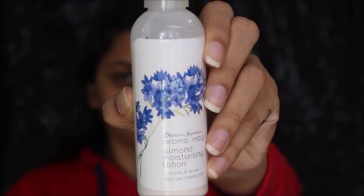Now I'll be using this moisturizer first. So I'll be applying this product all over my face and neck and massaging nicely into my skin. Once that's done, I'm using this lip balm for my lips, and then I'm going to use this eyebrow pencil